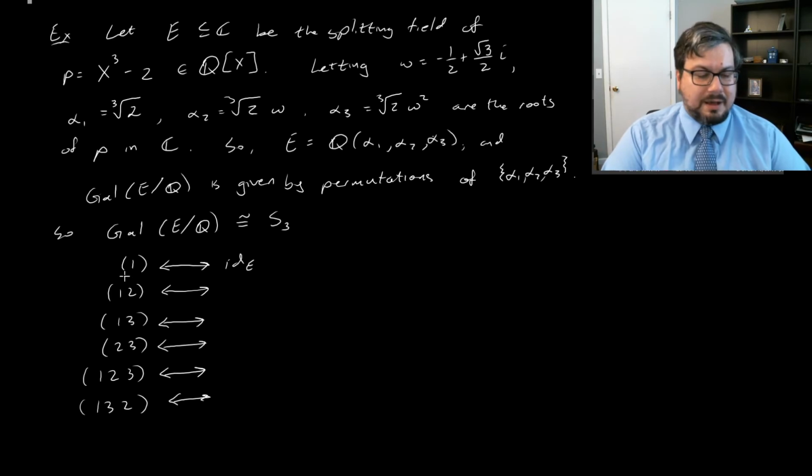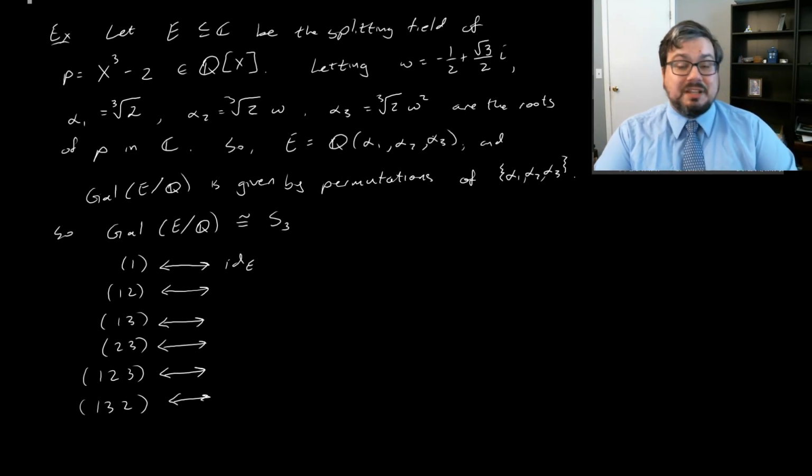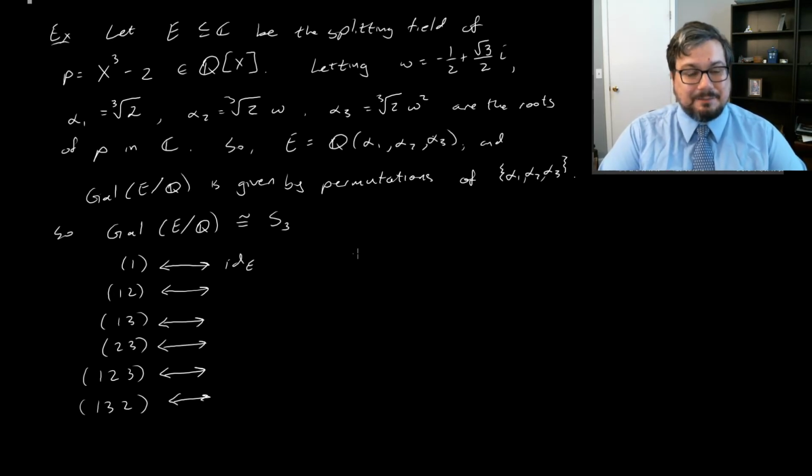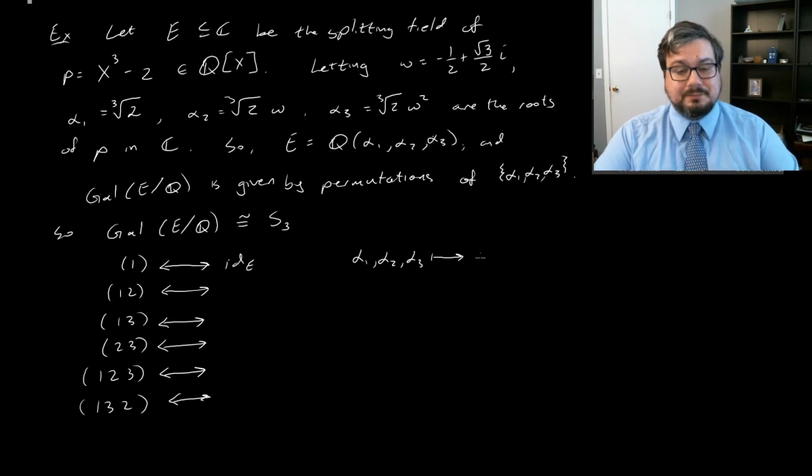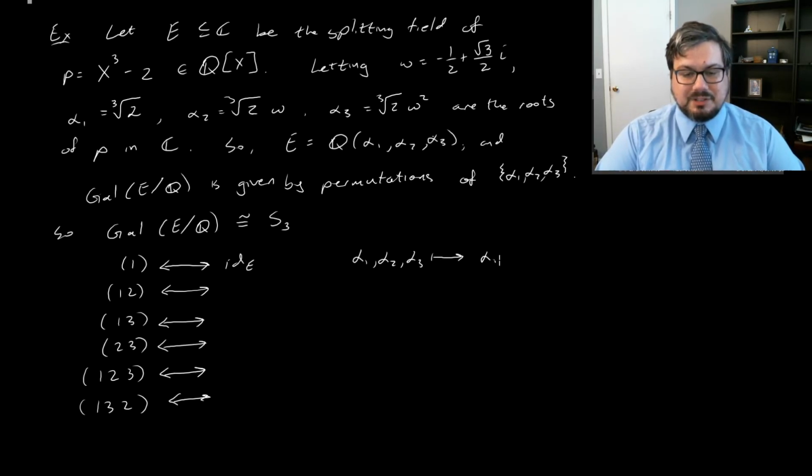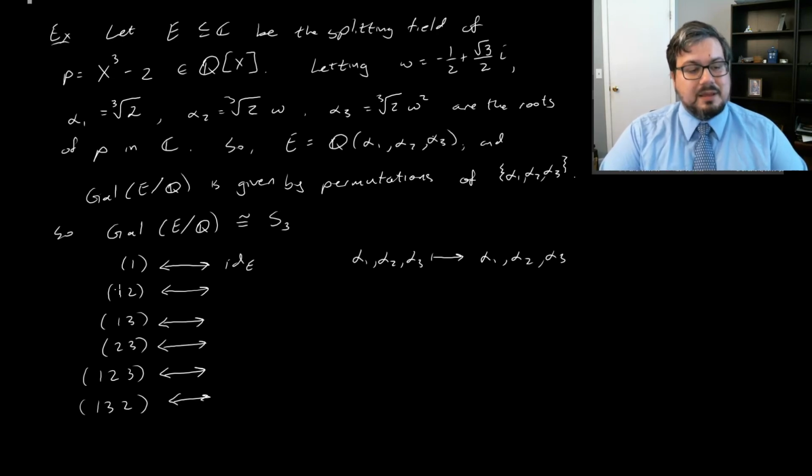First of all, the identity permutation, which doesn't change anything, is just going to correspond to the identity automorphism on E, which sends alpha 1, alpha 2, and alpha 3 just to alpha 1, alpha 2, and alpha 3. Now the permutation 1, 2 is going to go to the automorphism phi 1, 2, which is going